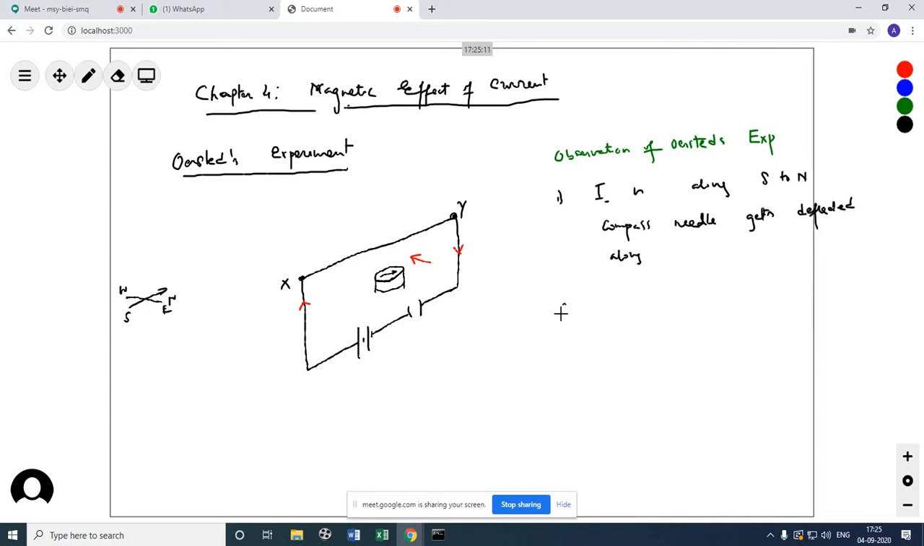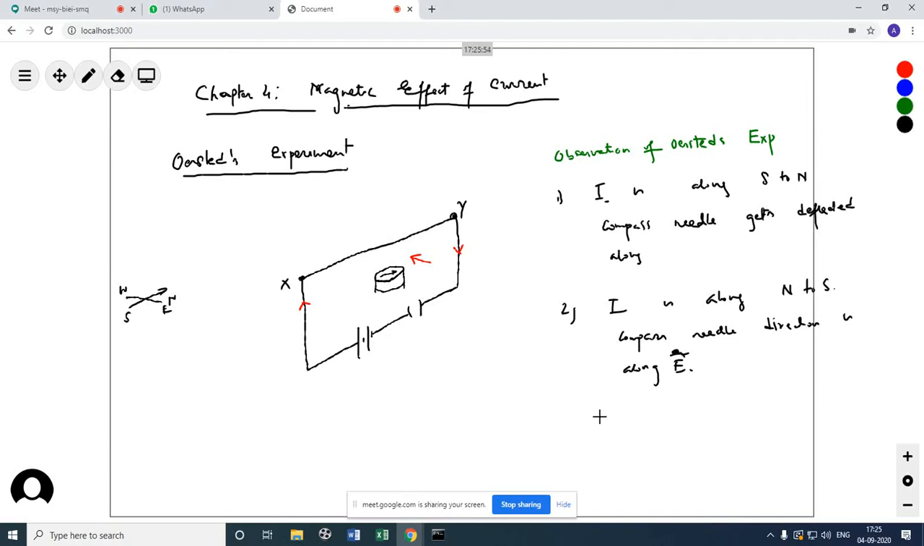Again he observed when I is along north to south, the compass needle direction is along east. That means this direction reverses. Okay. So then again,